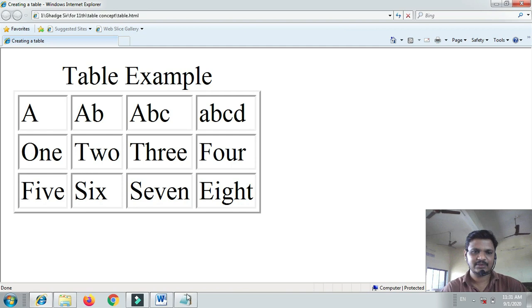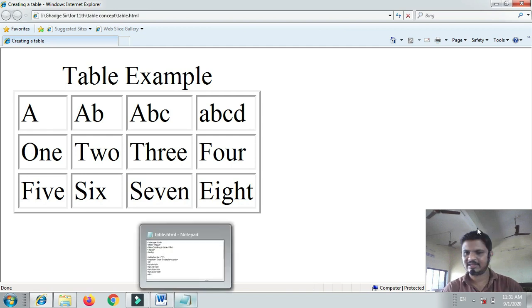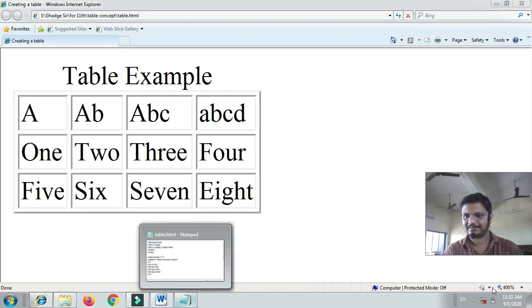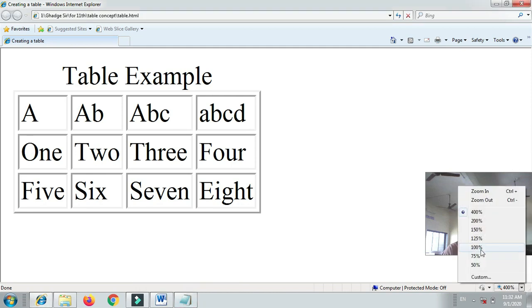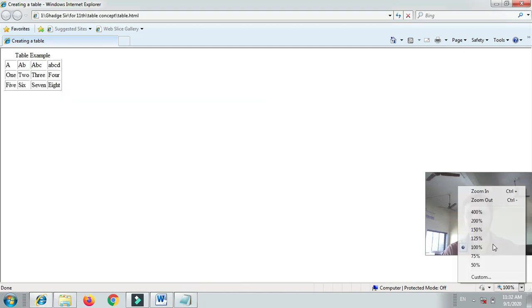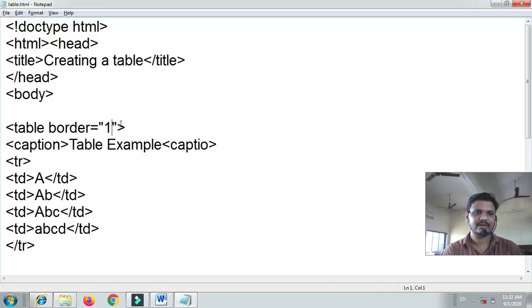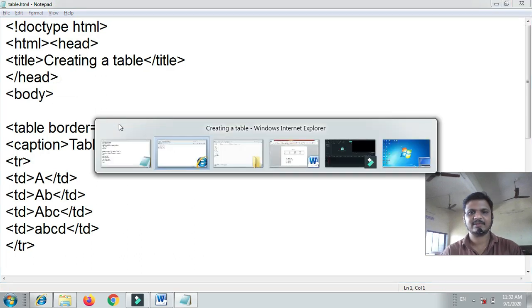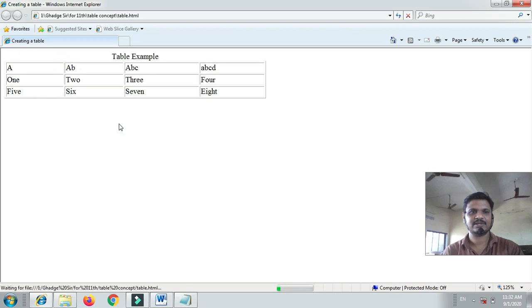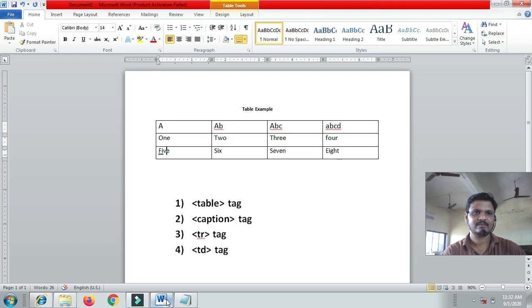You can make it look different. Let me zoom out. If I use the width attribute inside this, width is equal to 50%, then it displays like a Word application. See here ABCD.